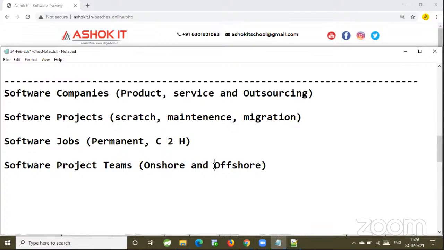Suppose in the development center, there are 20 developers available, and the client needs 2 developers. Who is doing the better work? Who has complete knowledge of the project? Those people will get the on-site opportunity. The client will provide the expenses to stay in the on-site location.